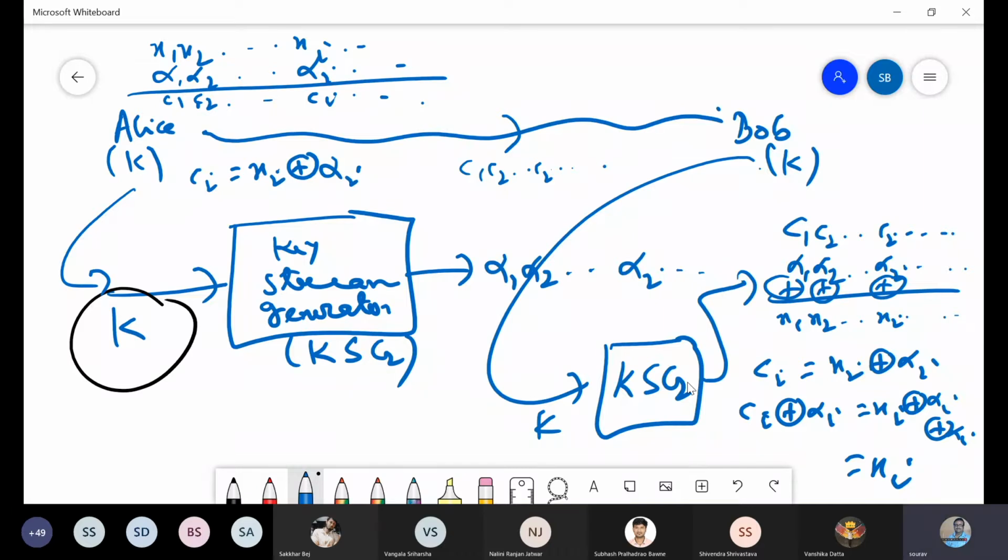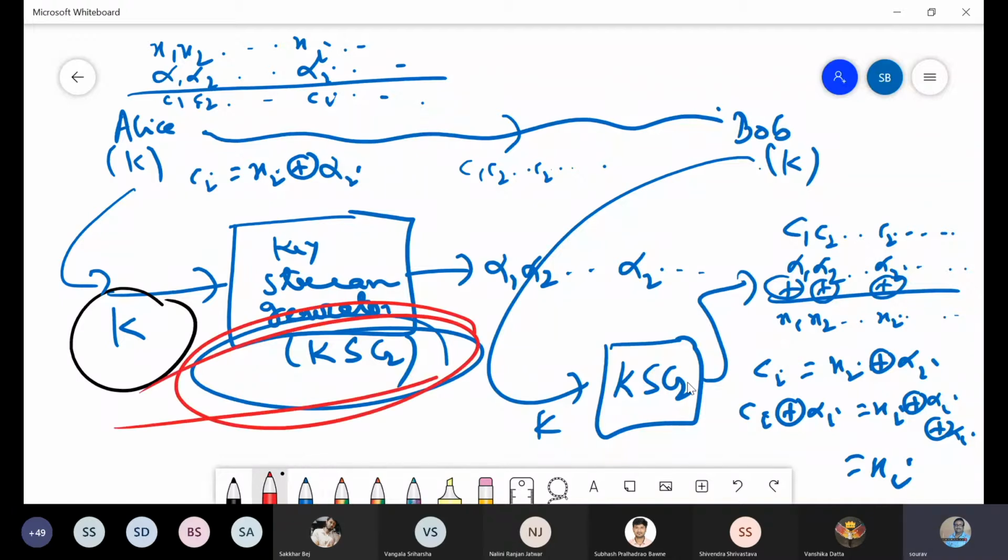So now, can you have some example of this key stream? The main part behind this stream cipher is this guy. Other than this, there is nothing. We are doing simple XORing business, but the main part is the KSG. How we can have this key stream bit, and then we will see some properties of this when we say this stream cipher is good or bad. Any questions so far?